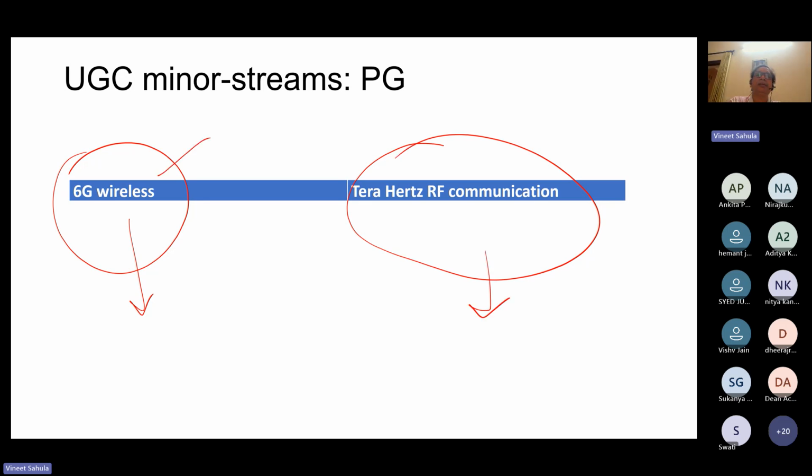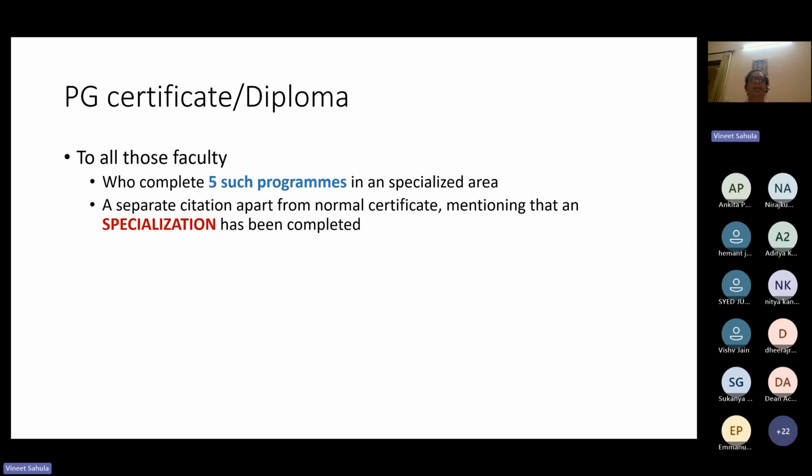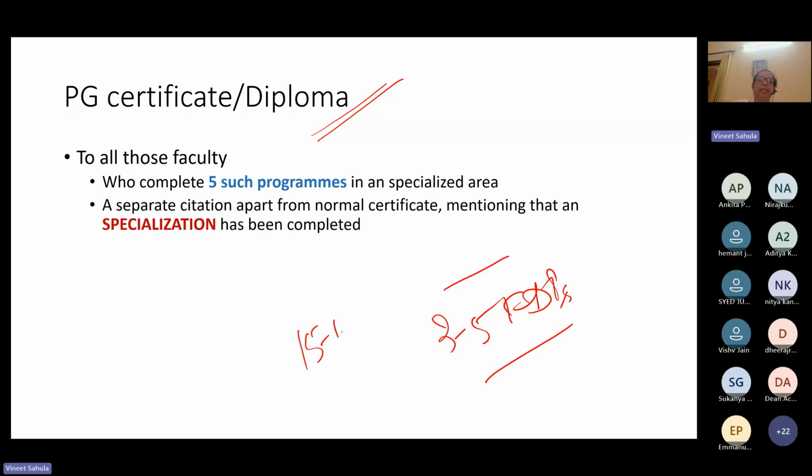These are the names of the specializations under which we'll give you a PG certificate if you complete 3 to 5 FDPs in those areas. This one, antennas, is very much in the pipeline and just coming up. I think next month we are going to offer it. This is already covered. The rest of them we are also going to offer, and you can look forward to specializing in different areas. This is the offer if you attend 3 to 5 FDPs, covering about 15 to 18 credits.